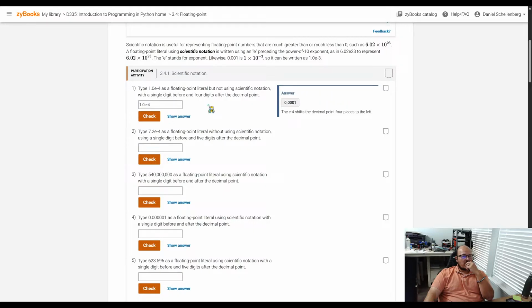So 0.001. So I guess the E4 shifts the decimal point 4 places to the left. 1, 2, 3, 4. Okay, so does that mean